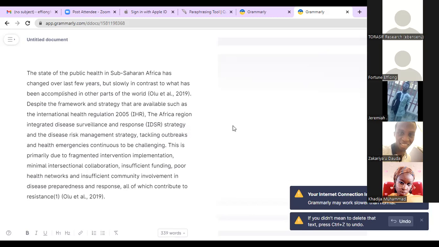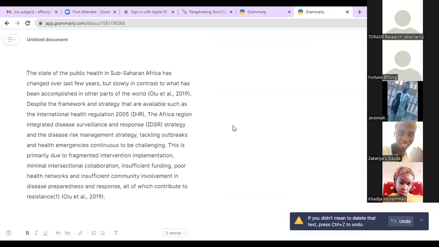But if you're using the free version, it's going to show you some things that you need to correct. It can show you punctuation errors. It can show you